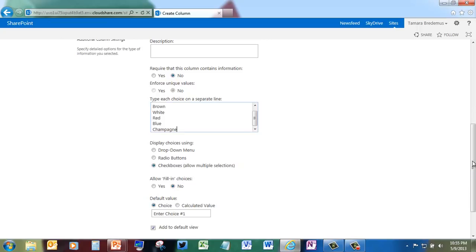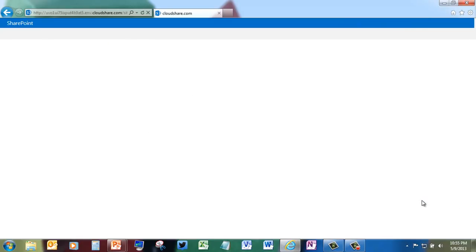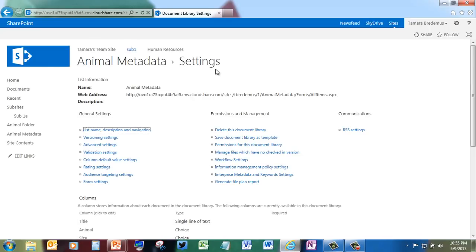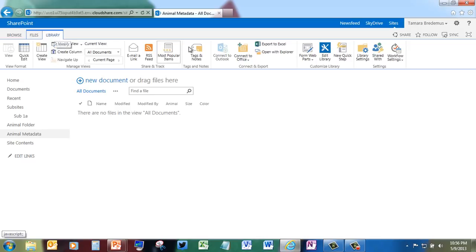Because there are some poodles they call champagne. And again, we're going to delete the default value and click OK. Now, when we go back into the Animal Metadata Library, we can simply select our photos and drag them in here. Now, before we go ahead and do that, because we want to have the correct metadata assigned to them, what I'm going to recommend is that before you start dragging images into this library